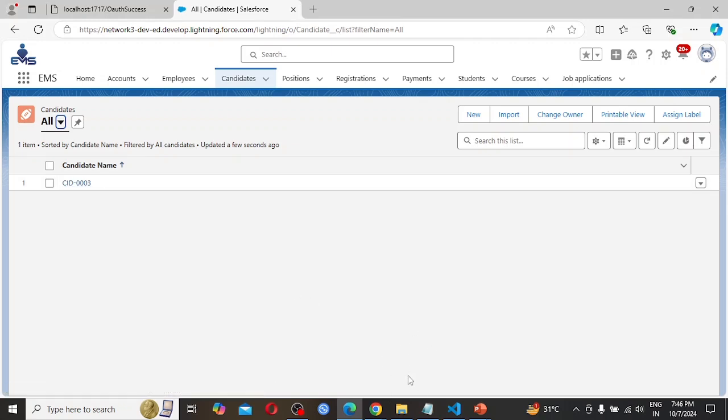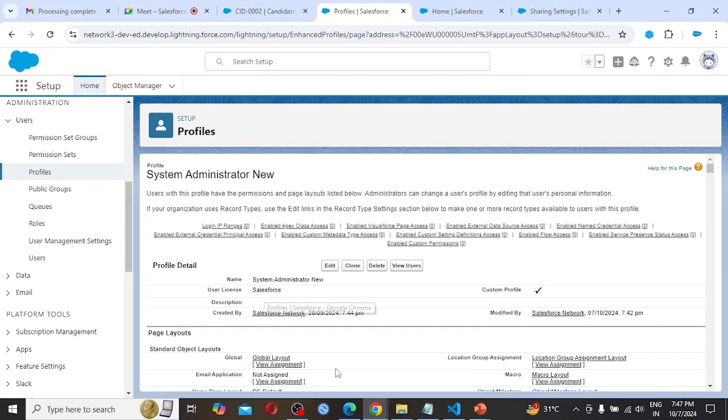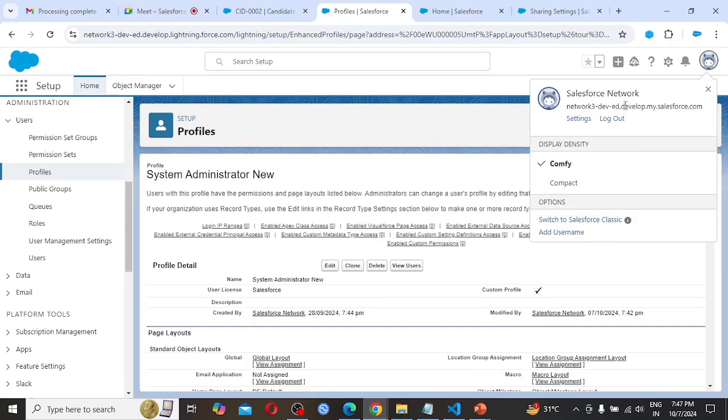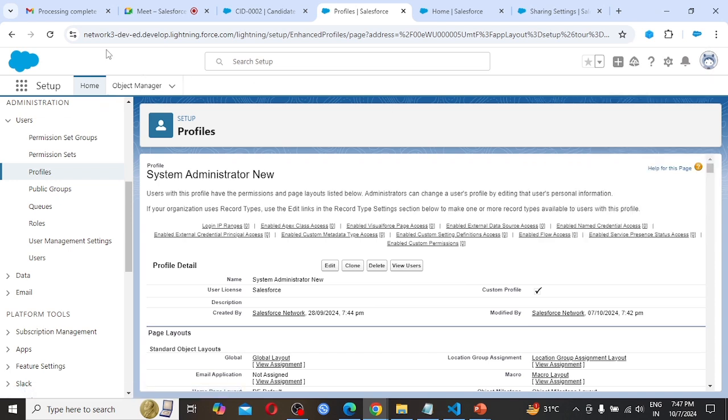Again I am coming back to our primary account, Salesforce network, and here I am refreshing this page.